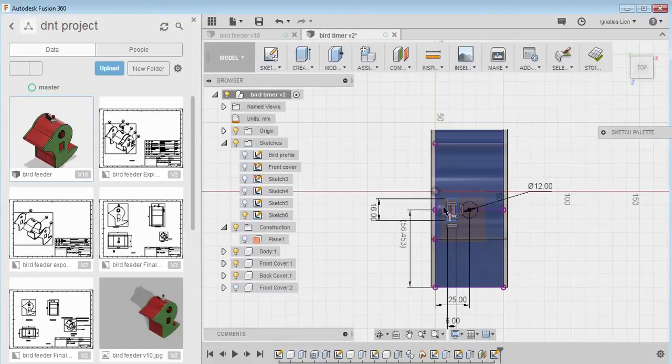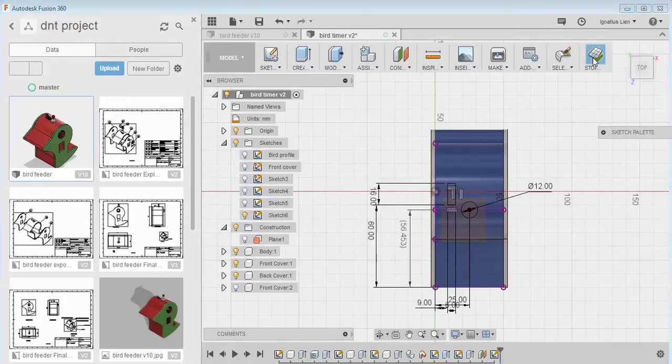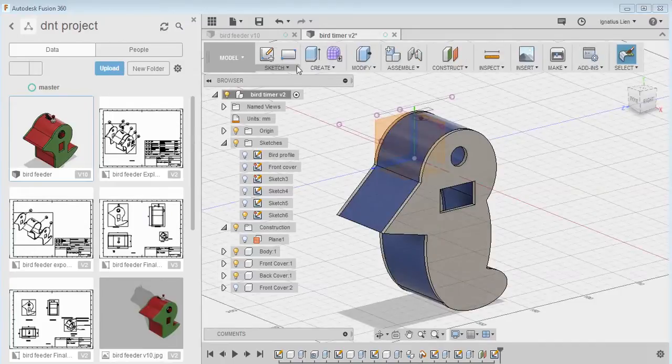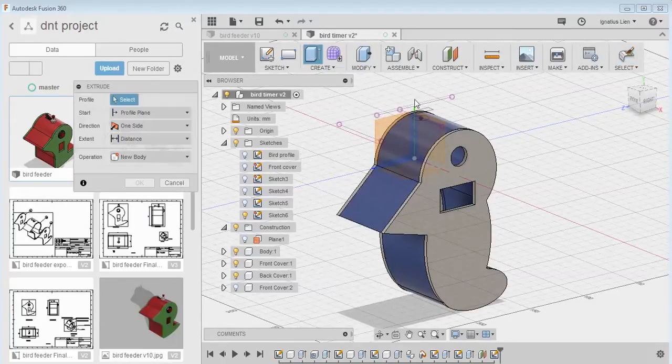Again, with respect to one of the corners, the location maybe 9. And the location from here to here, press D, and maybe I put 50 or 60, doesn't matter. So you stop the sketch, and now what you do is to create an extrude.